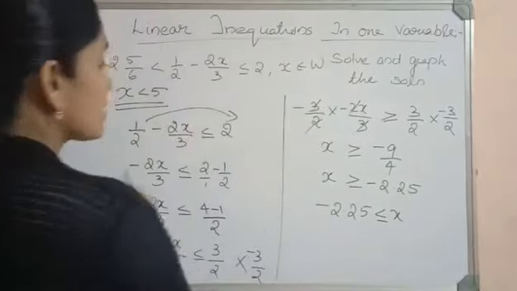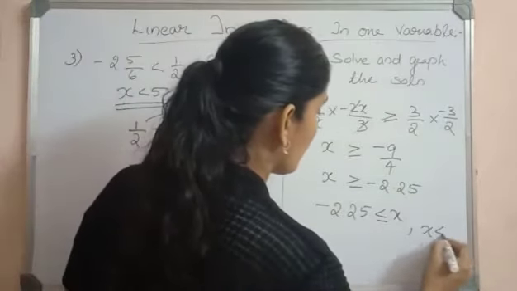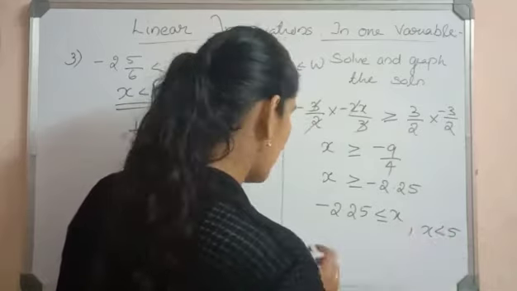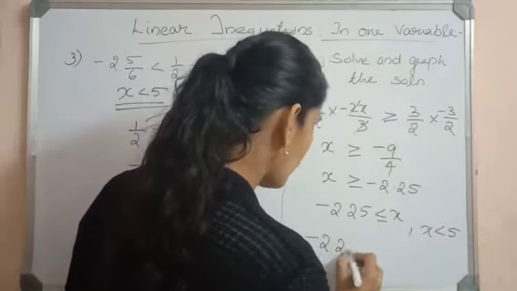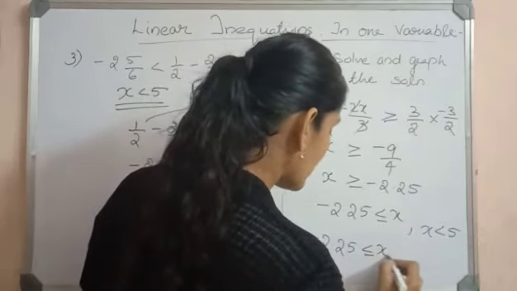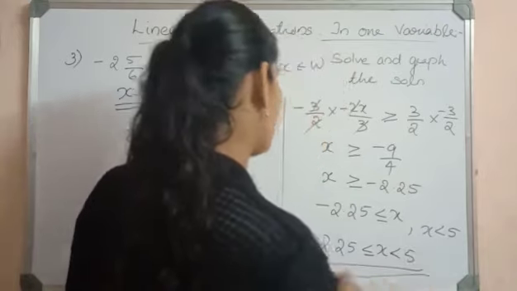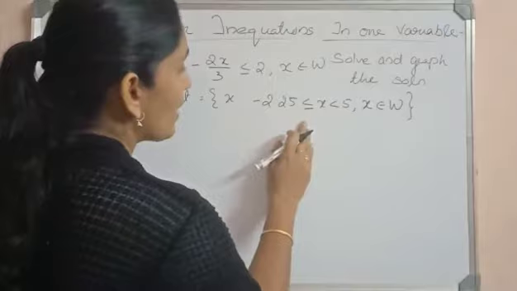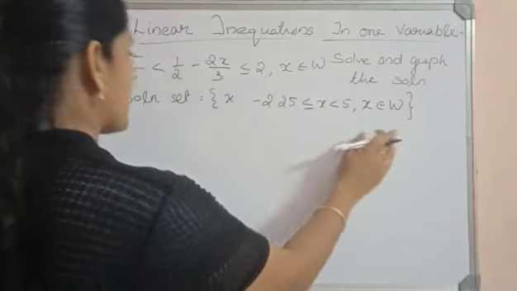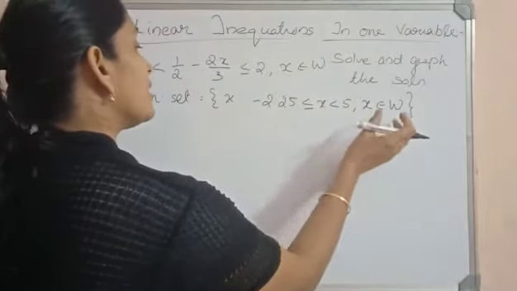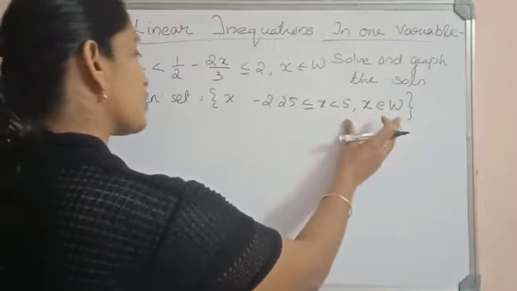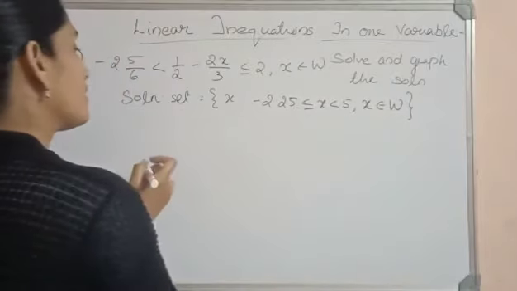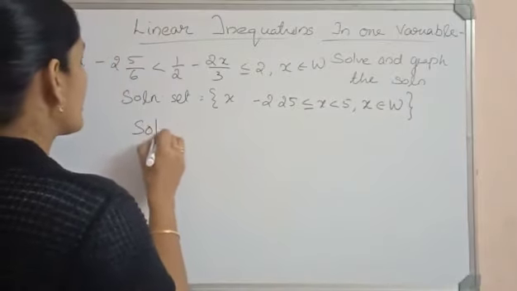And the first part is x less than 5. When we are combining these two, we get minus 2.25 less than or equal to x less than 5. So the solution set is set of all x such that minus 2.25 less than or equal to x less than 5, x belongs to W. Since here the solution set belongs to the set of whole numbers, we need to write it in the roster form. So the solution set is